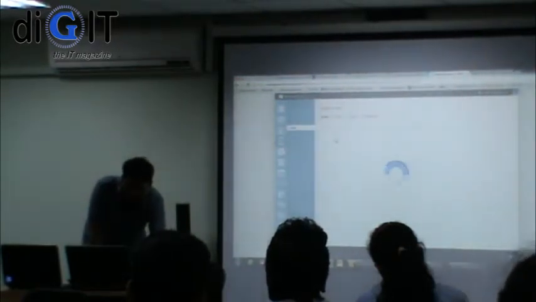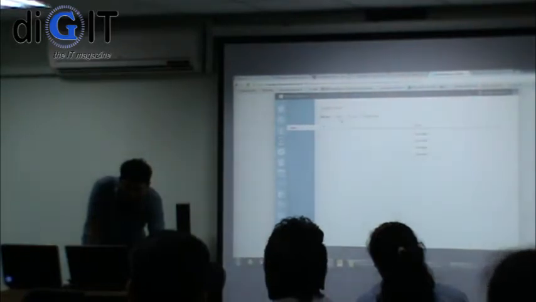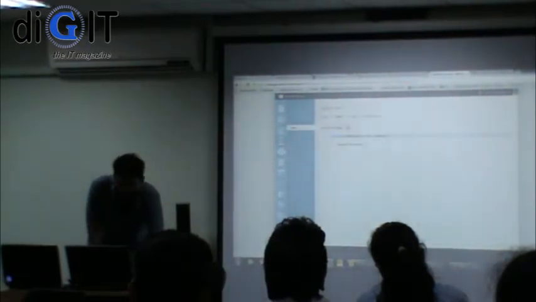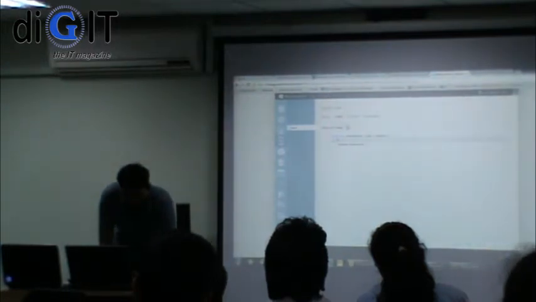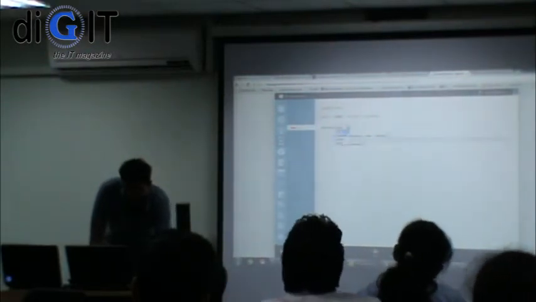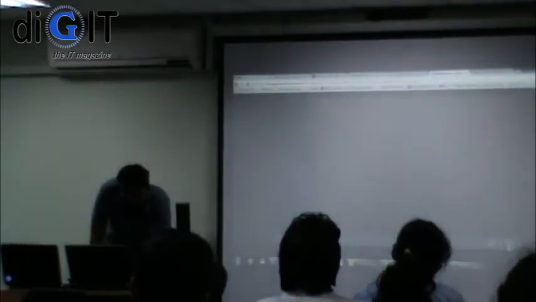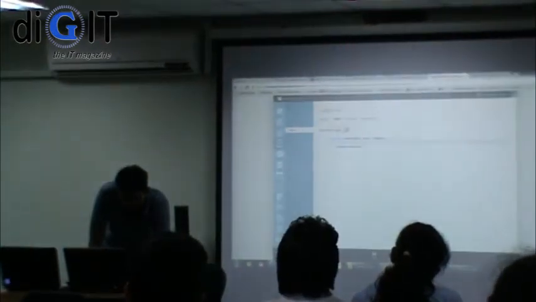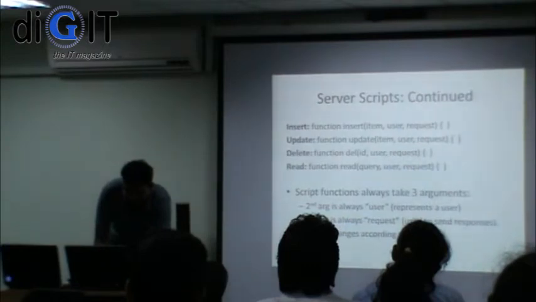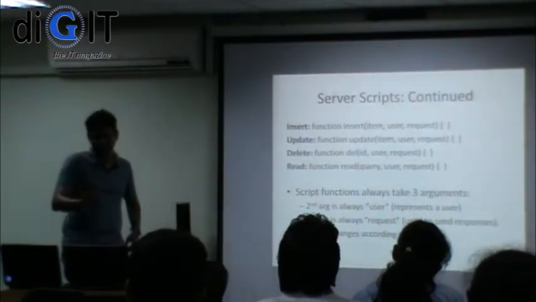So for example, when you want any trigger scripts for this table, you go to script. And you've got the insert script here, insert, update, delete. It has some code completion, not very good, but it has some code completion built in. So just want to show you the server scripts, basically insert, update, delete.